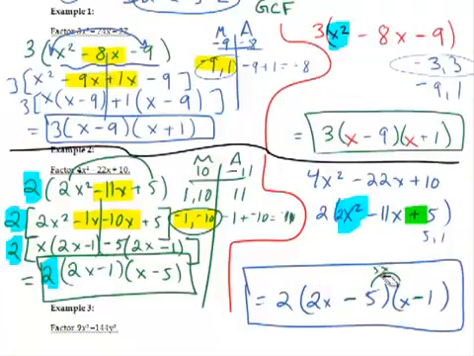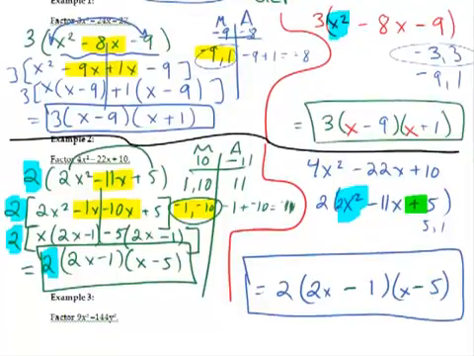We will then try switching the numbers and try putting 1 and 5. And again, when we check it, 2x times 5 is 10x, and it's a negative 5, so negative 10x. Negative 1 times x is negative 1x. That would be negative 11. So there's our answer. All right. So hopefully we're getting the hang of that. If you need more help with those, please ask me after school quickly, because we do need to use this